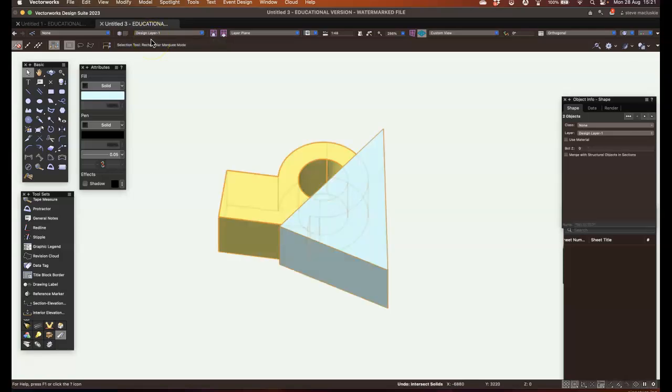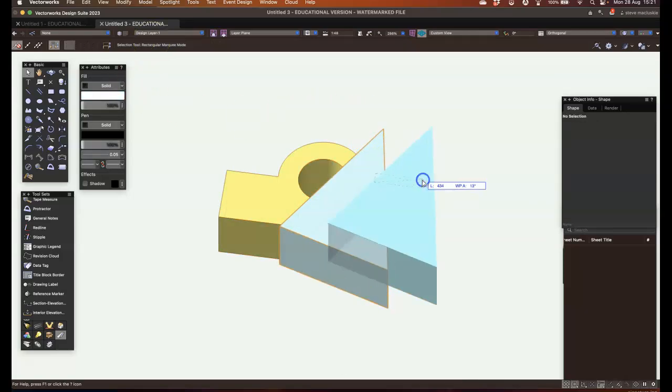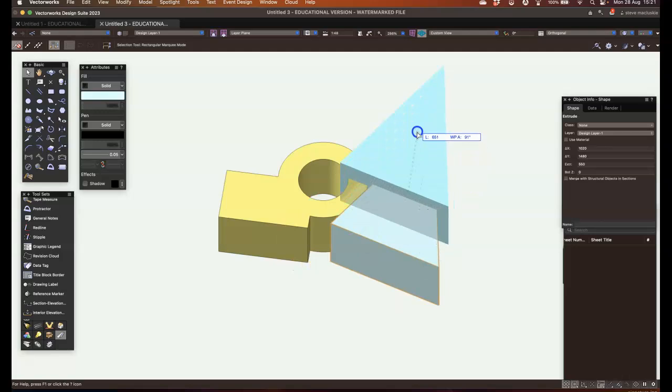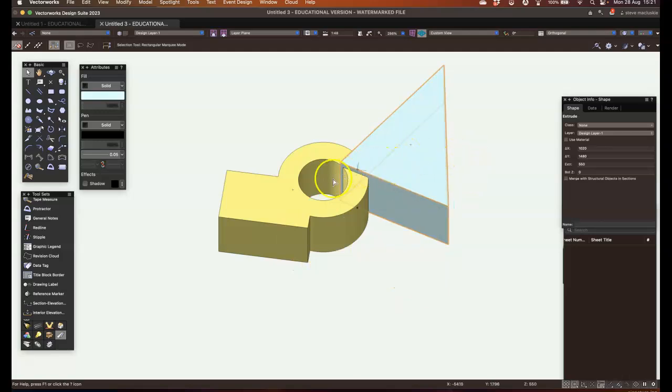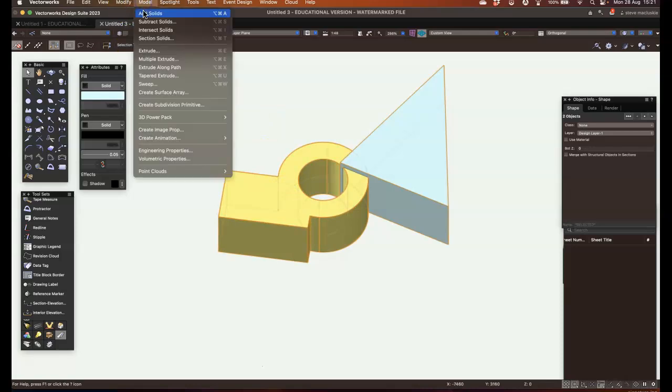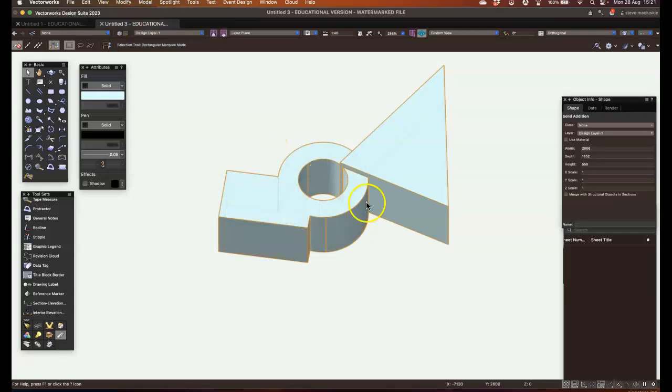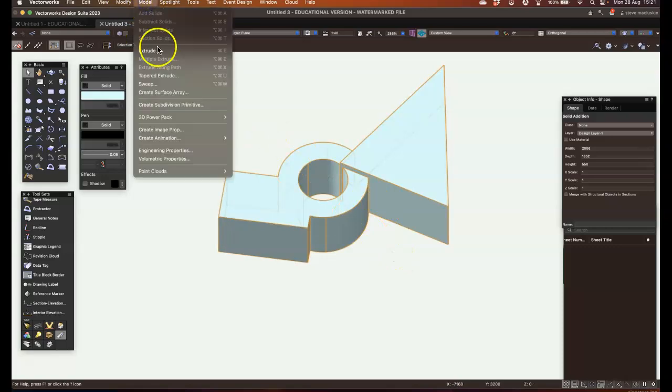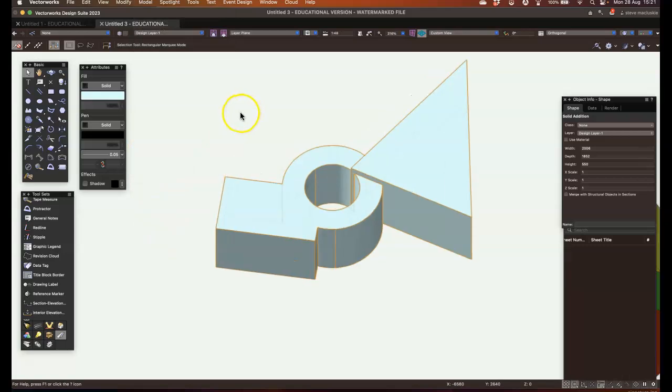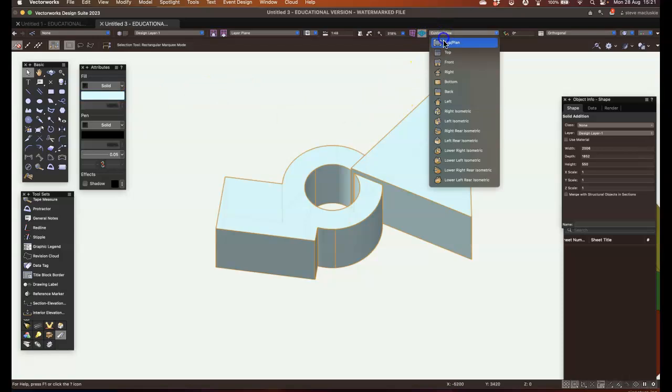I'm going to back out of that and get rid of it again because it's not massively interesting. I think I might just join it onto there just for the next one. So select them both and we'll Model Add. There we go. The last command in the Model there, Section, is a little harder to understand but still very powerful. So I'm going to go back to top plan view